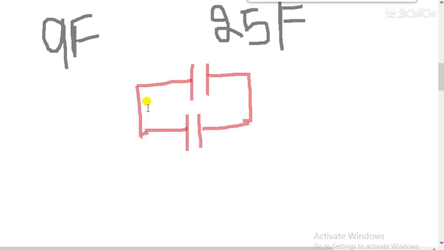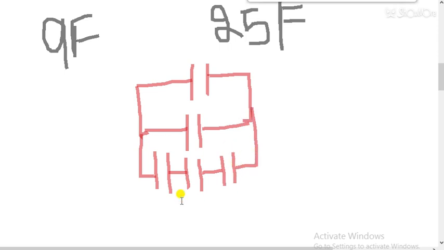So now I am close to 25. Now what I can do, 9 9 18. So if I connect 3 capacitors here, then I will get value 3. So 18 plus 3, 21. I have to get exactly 25 value, so that's why I am doing some calculation. So 3 capacitors of 9 farad again. So 9 9 18, 18 and 3 21, 21 and 3 24. So this combination is giving me 24.